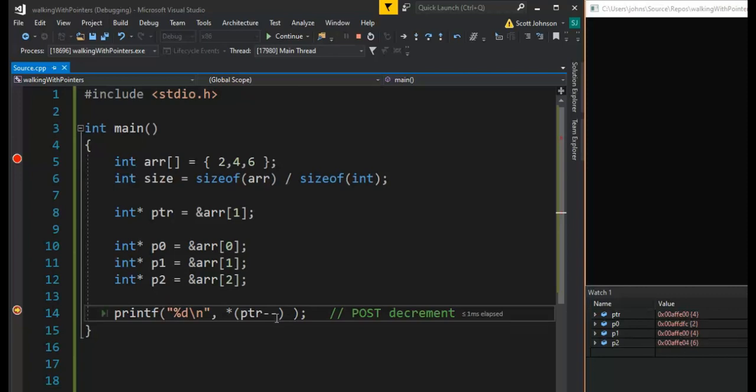But I'm decrementing it. So decrement means, like, subtract 4 from the current location. So we expect it to go back to DFC, but it will only do that after it puts this value into that %D. So let's see what happens here. Ready? F10. Notice that it printed 4, which is the second one, but now the value is DFC. Now it's pointer 0. Because see, it's on the end. It's post. So post means after the action,